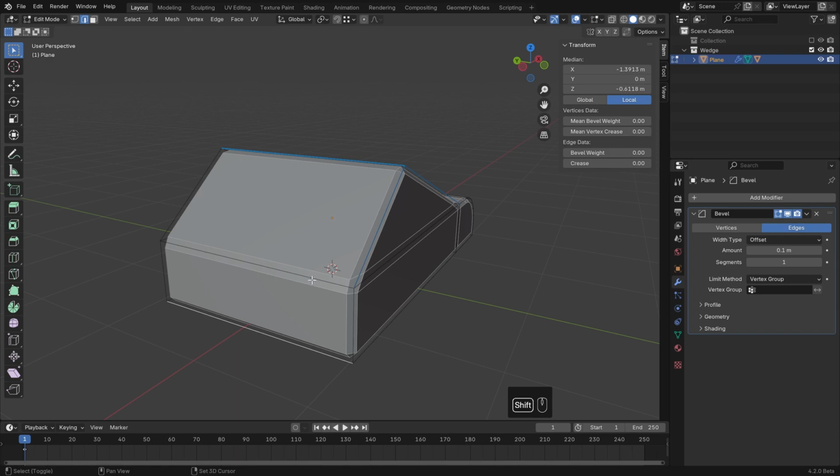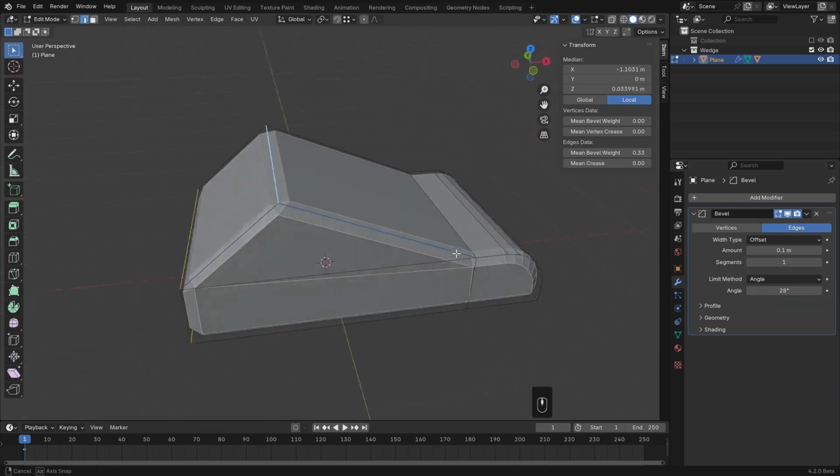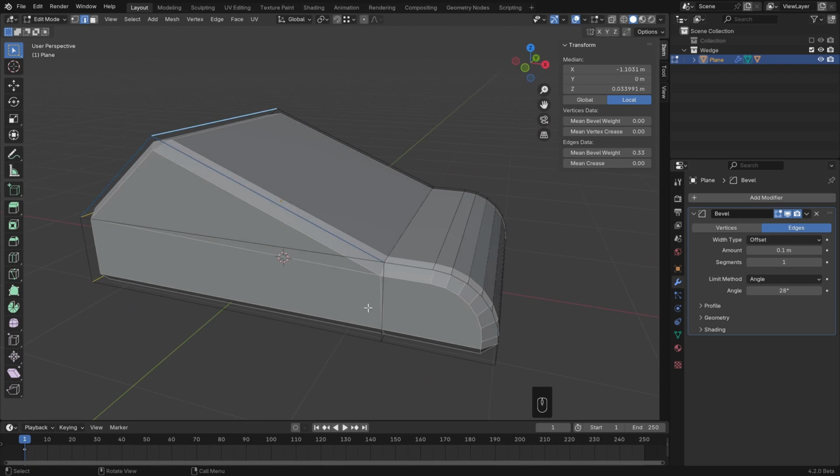So often I just stick to working with weight, and hopefully sometime in the future we'll be able to use custom edge attributes, but for now, often just setting this to angle or weight is pretty good. This corner up here is a good example of where being really specific about which edges get beveled might come in handy. This actually looks pretty good as